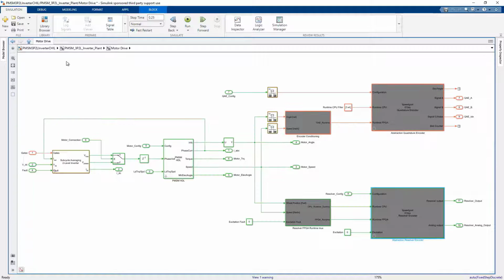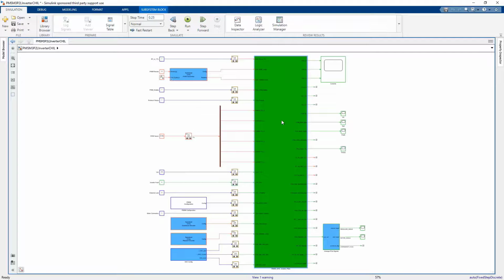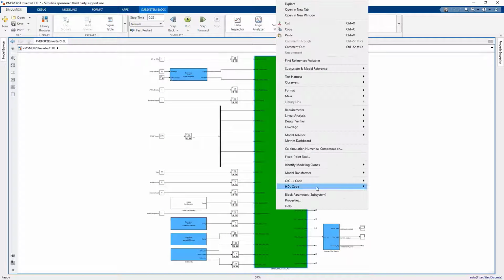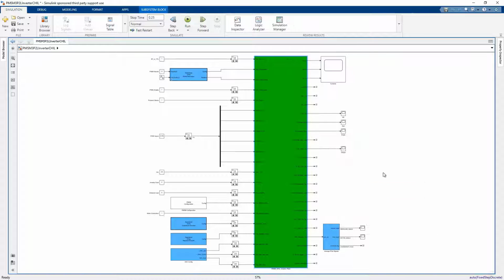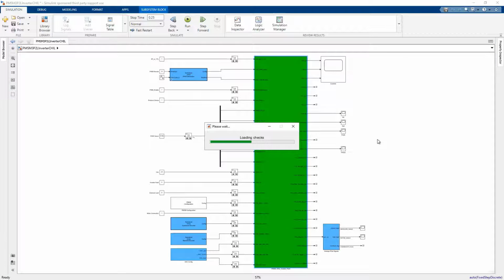The simplest way to prepare this plant for the FPGA is to run the HDL Workflow Advisor. The first step corresponds to the target settings.